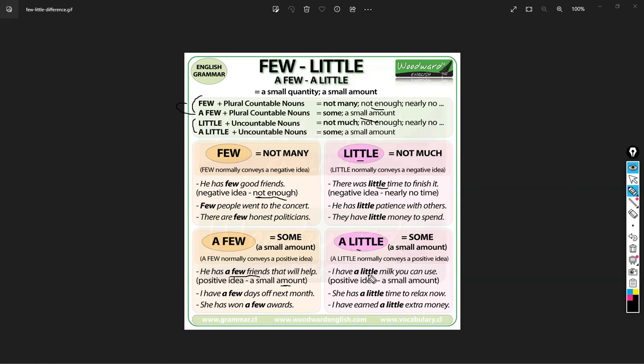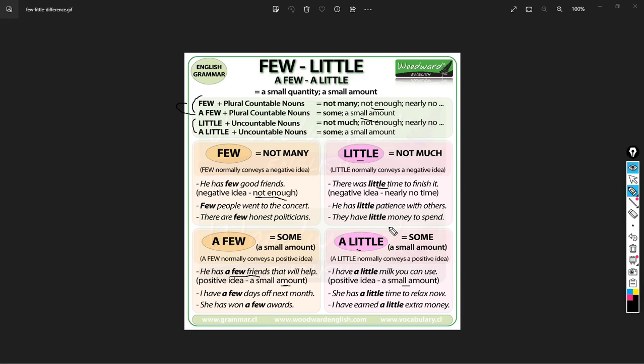But if you want to tell me I have a little time to take a rest, okay, so you have a good time to take, let me say, relaxation or just to eat your food or to drink some water just to relax. So notice that little and a little are approximately the same as few and a few, but this is with